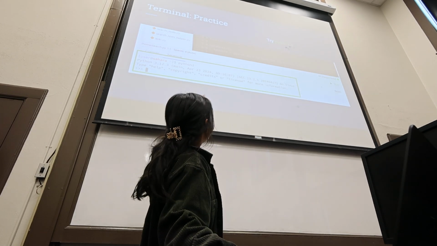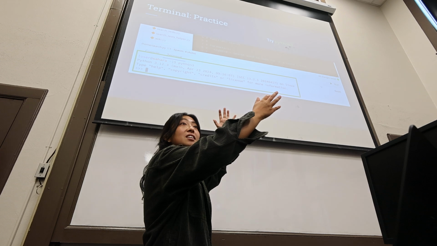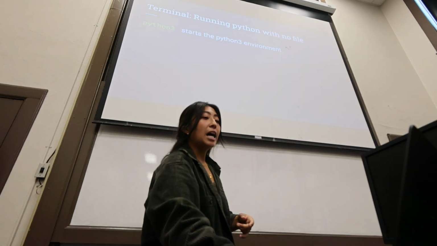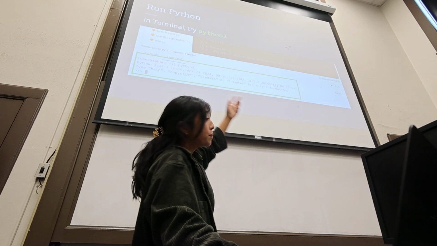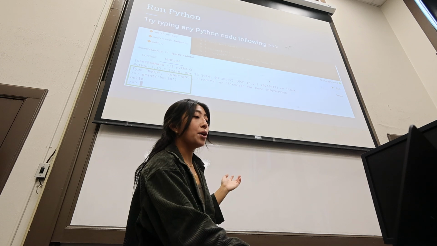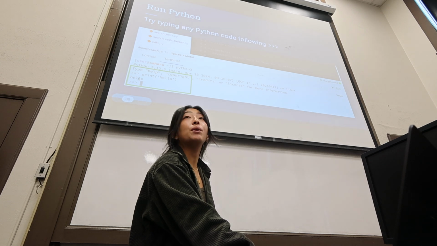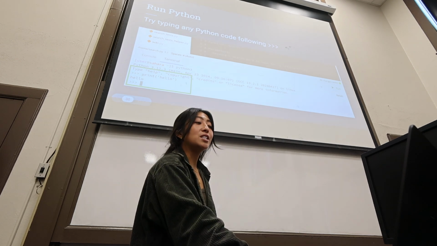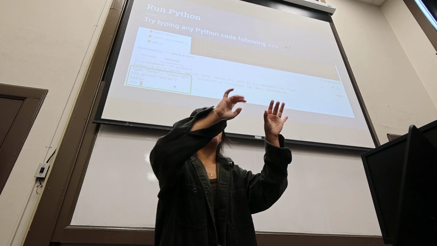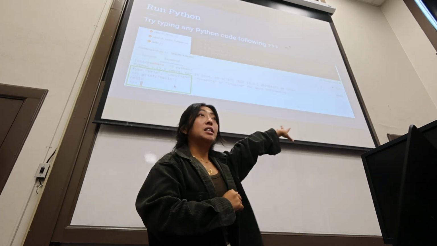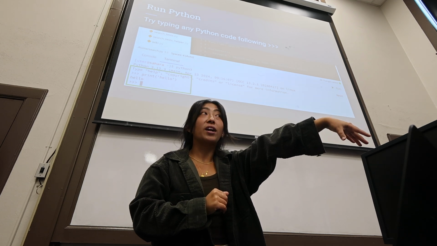And then if you wanted to run python3 and just have a Python 3 environment, you could literally type in python3 and hit enter. If you run it without any file, you're not running a specific file, you just start the environment, then you could type any Python code. If I wanted to print hello, I would say print hello, and it would give me what would be printed to the console, right? So if you ever wanted to test code instead of using Colab, you could just go to your terminal, type python3, and then do whatever you wanted. But maybe your machine doesn't have Python 3 installed, right? So what do you use to install Python 3?